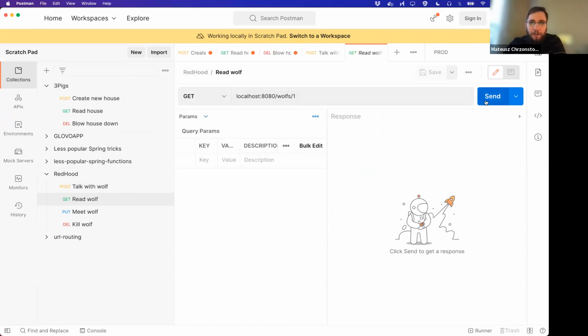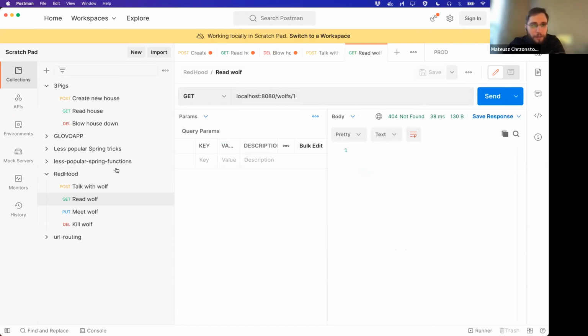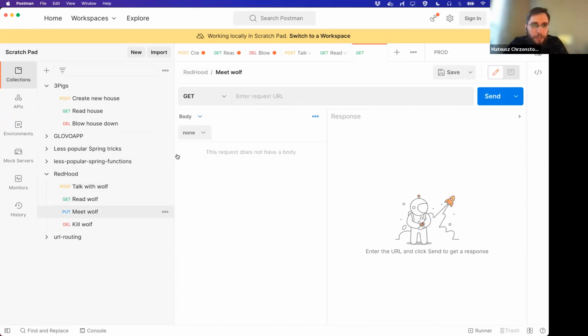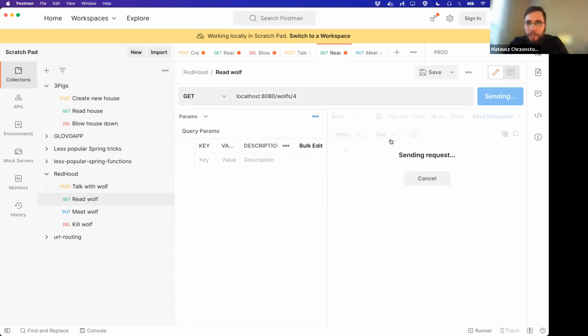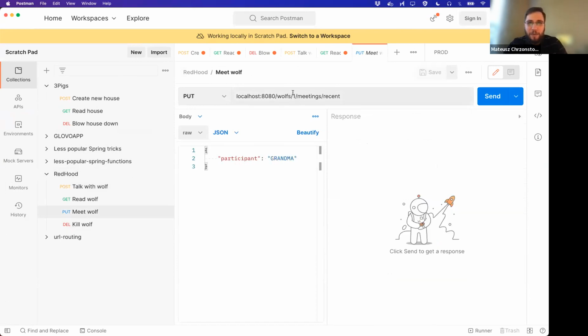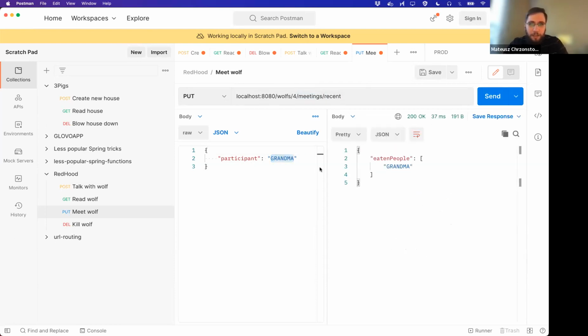Then each time we read Wolf, we see the Wolf was created with ID 4. So each time we read him, we see the list of already eaten people. As Wolf just initially met the Red Hood, he hadn't eaten anyone yet, but as soon as we put in the meetings, in the recent meeting, the person who was planned to be eaten by a wolf, this will result in the wolf having an eaten person